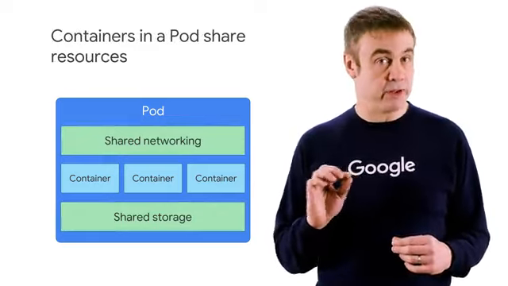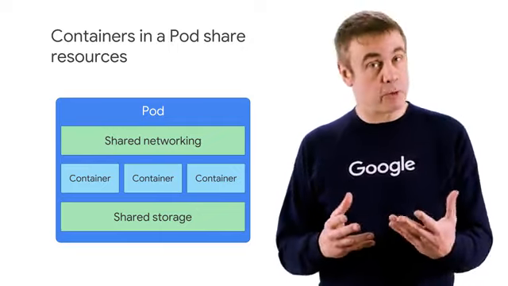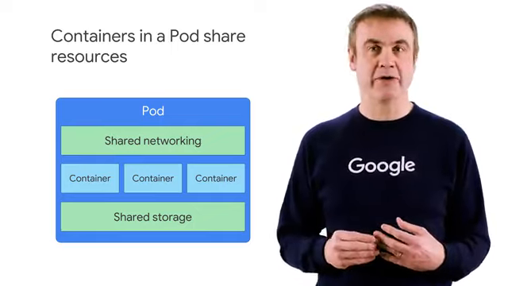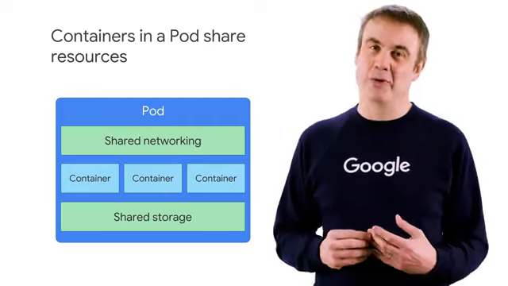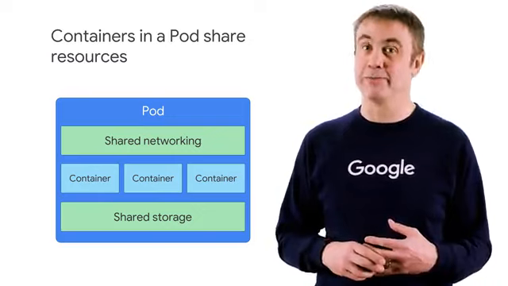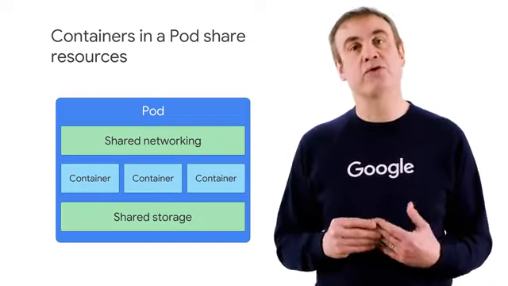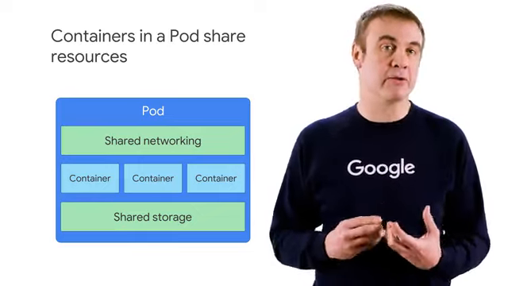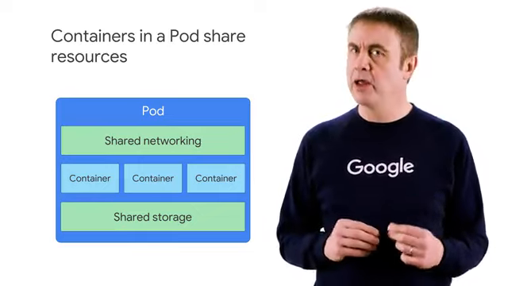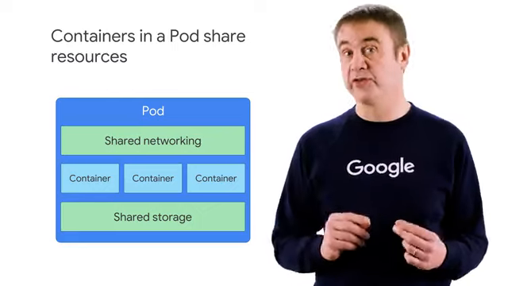Every container within a pod shares the network namespace, including IP address and network ports. Containers within the same pod can communicate through localhost, the famous 127.0.0.1 IP address that you pranked your friends with back in the 1990s. A pod can also specify a set of storage volumes to be shared among its containers. By the way, later in this specialization, you'll learn how pods can share storage with one another, not just within a single pod.